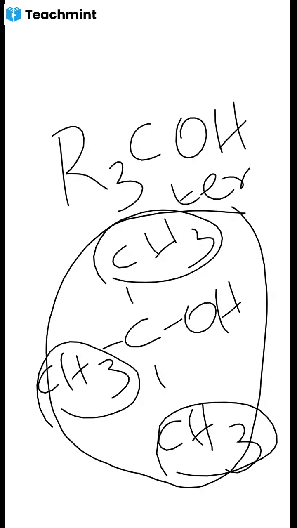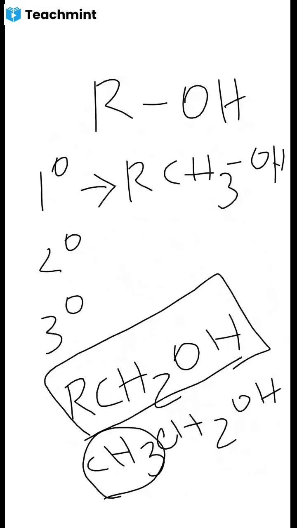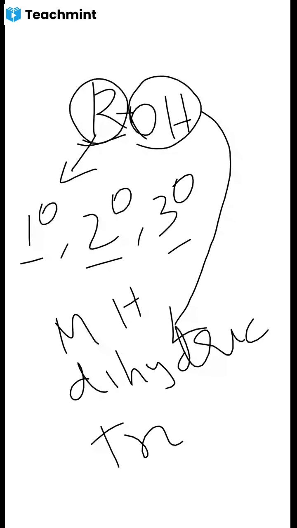CH3, CH3, CH3, C, then OH. In the compound, just note it down. I want the IUPAC name. You can message me, no problem. So find the IUPAC name for tertiary butyl alcohol. Tertiary butyl alcohol is the common name. I want the IUPAC name. Yeah, these are the 3 types of alcohol based on alkyl groups. Okay, is it clear for you, ma?